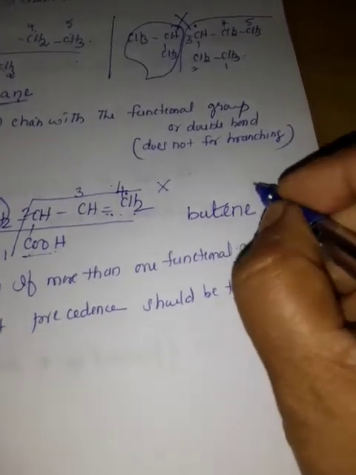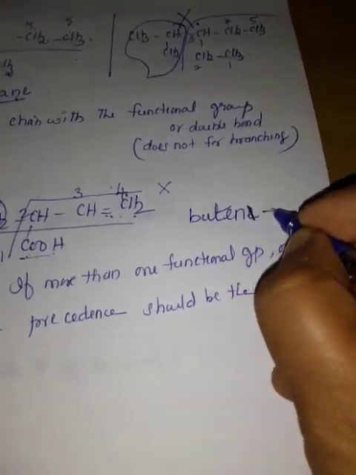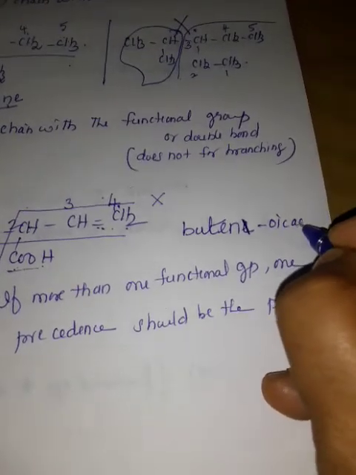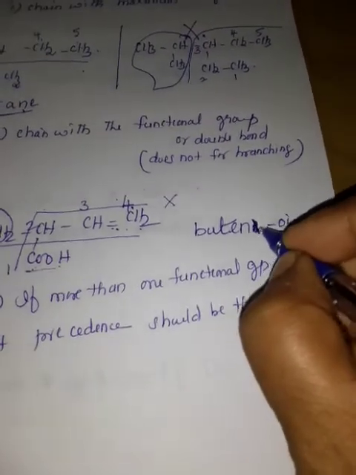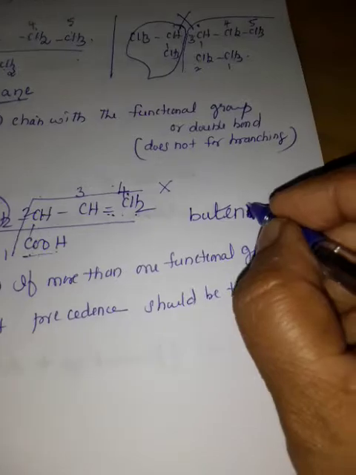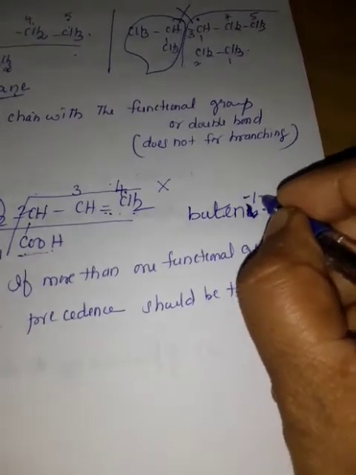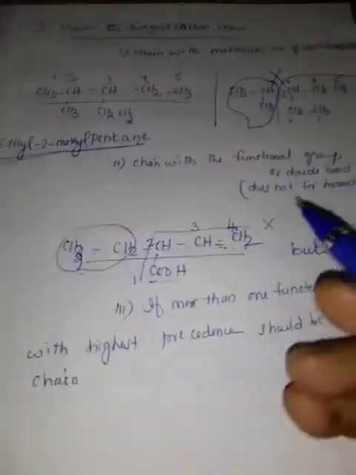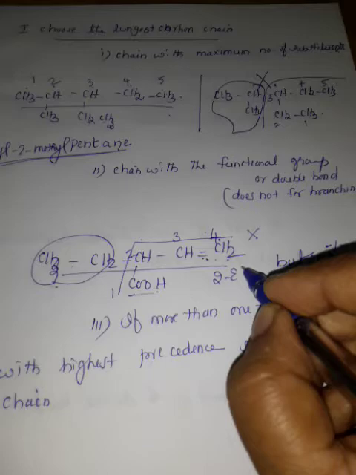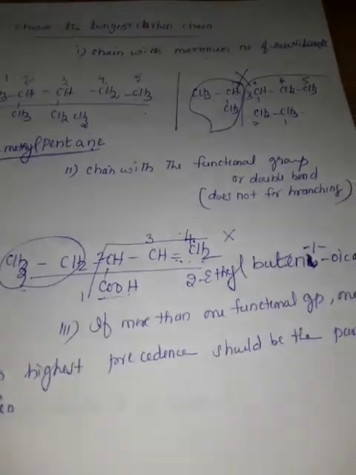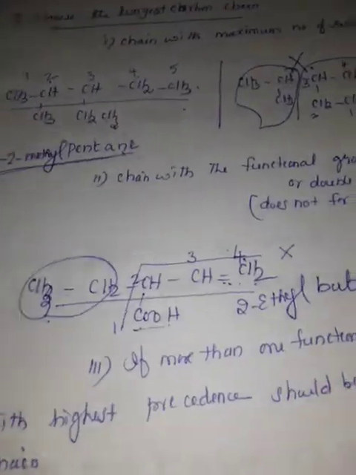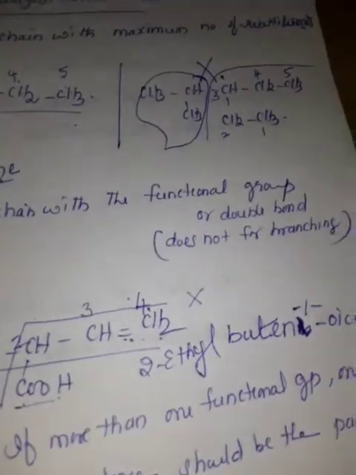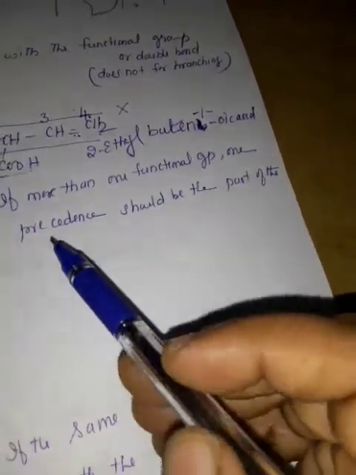COOH means oic acid: drop the E and write oic acid. Butene-1-oic acid. Then the prefix: the second carbon has the ethyl group. So 2-ethyl butene-1-oic acid. This is the correct way of naming. Then the third one, if more